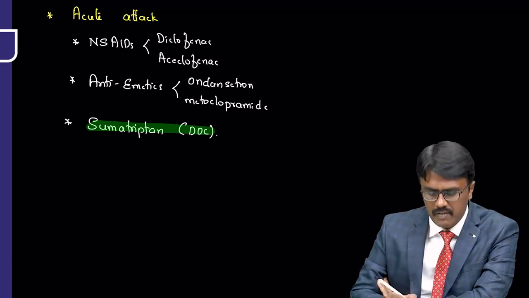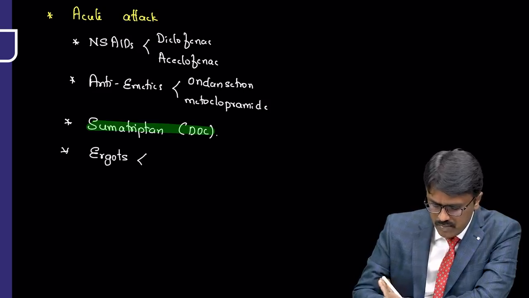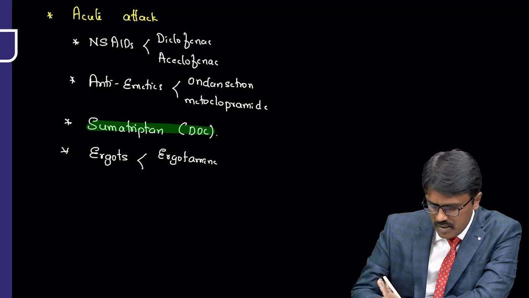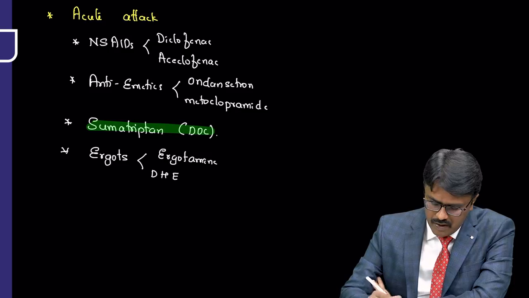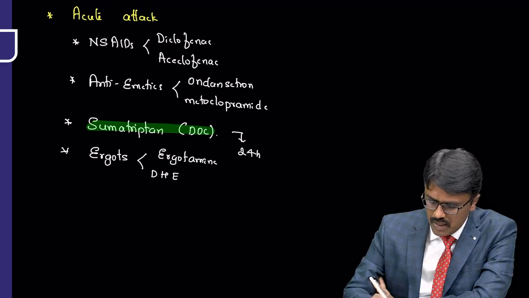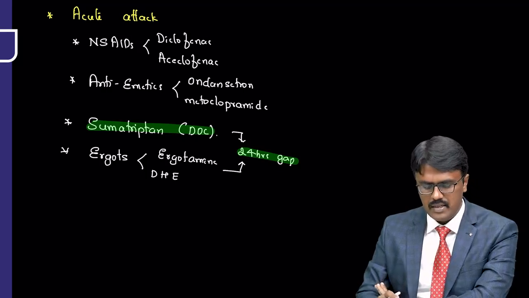Apart from this, do we have anything else? Yes. We can also use ergots. I told you ergots, two types, ergotamine and one more is dihydroergotamine. Now, whenever using ergot and sumatriptan, you should not give them together. I told you there should be a gap of 24 hours between them. So apart from NSAIDs, triptans, antiemetics, ergots, the other drugs used for acute attack of migraine,